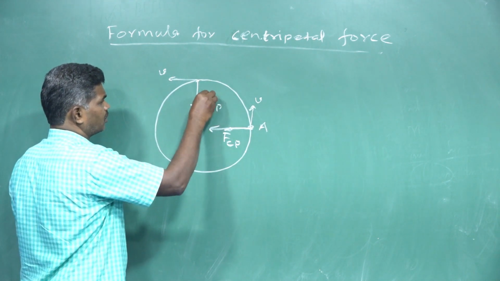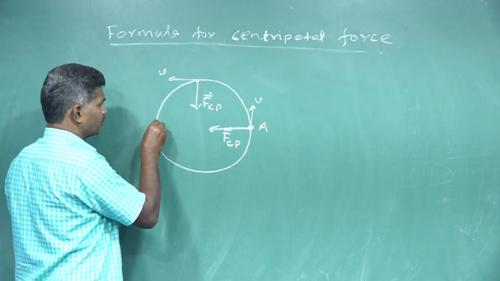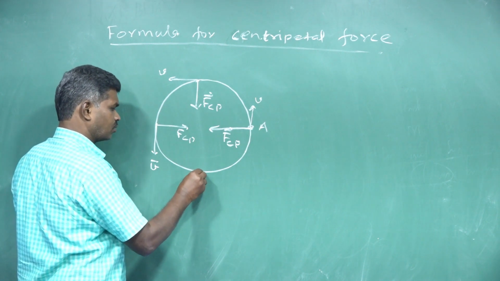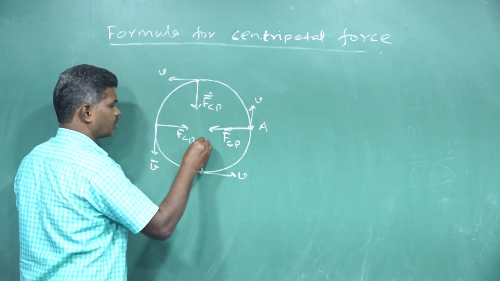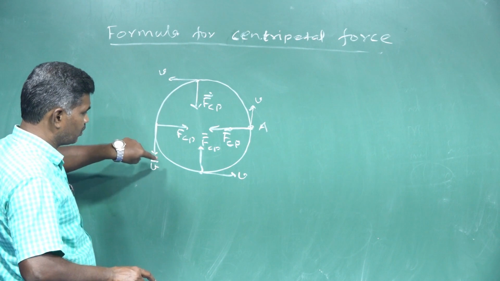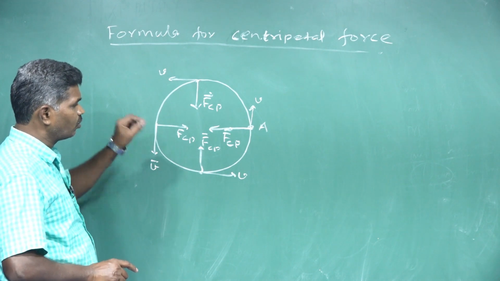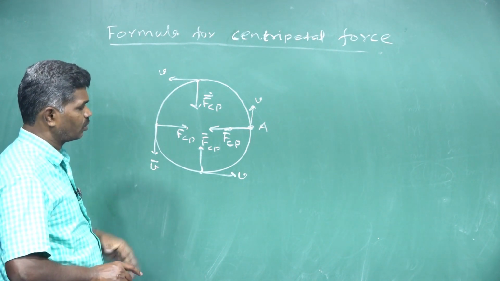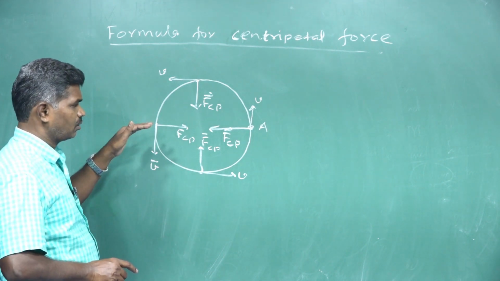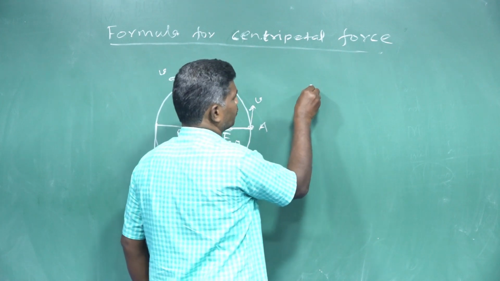FC is a vector. If you take another point, the velocity direction is this, and the centripetal force direction is this. FC will be a vector. For another point too, the velocity is tangential and the centripetal force is acting. So at each and every point on our circular path, if we have a particle, its velocity acts in the tangent direction, but the force acts towards the center of the circular path. That's why that force is the centripetal force. That particle experiences a centripetal acceleration.